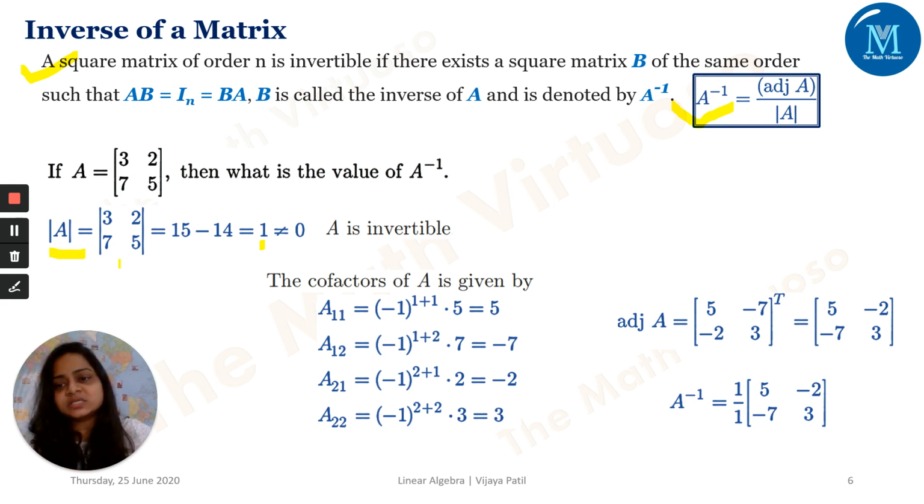Now, why has this condition been imposed here? If you observe the formula, if the determinant of matrix A comes out to be 0, what will happen to the inverse? A inverse is nothing but 1 upon 0, that will go to infinity. That is why this condition is very important to find the inverse. Capital A is invertible, or will have the inverse, only if the determinant is non-zero. Determinant being non-zero implies A inverse exists, right?